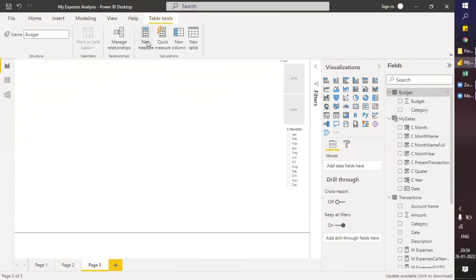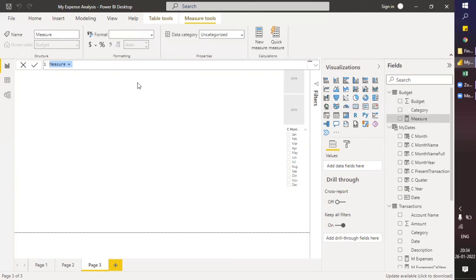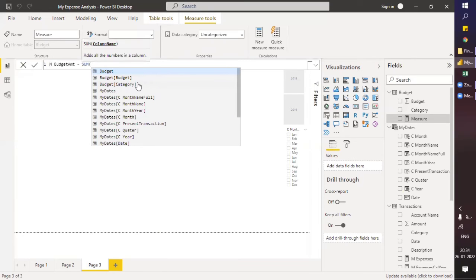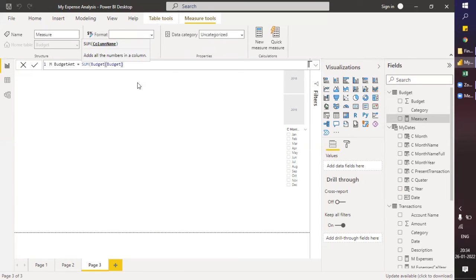Yeah, measure, and this will be a simple sum function. Equals to sum budget. And just click this and